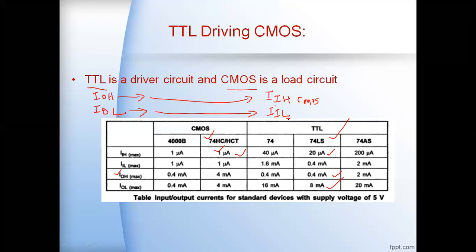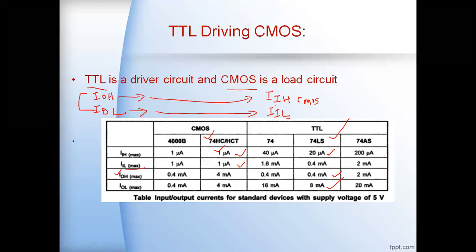Now this current is going into the CMOS input here, and the current rating is identified as IIL. So what is the maximum CMOS IIL here? Look at the table. It is again 1 microampere. So this 8 milliampere current in the low state of the TTL can easily handle the 1 microampere of current in the CMOS input. Therefore, from the point of view of currents, the CMOS inputs can be easily driven by the TTL output gate.